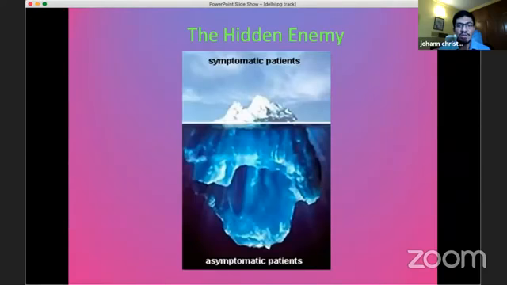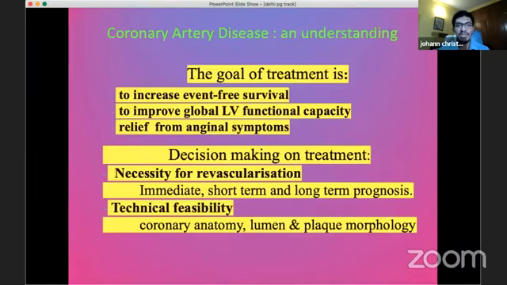And asymptomatic patients are the main focus of cardiac imaging, because you've got many tools to look at symptomatic patients. It's also important in coronary artery disease, when you do imaging, to have a specific goal. And the goal is to increase the event-free survival, to improve the LV functional capacity, and to have relief from anginal symptoms. So based on these three goals, we